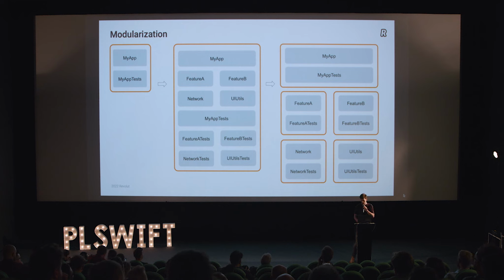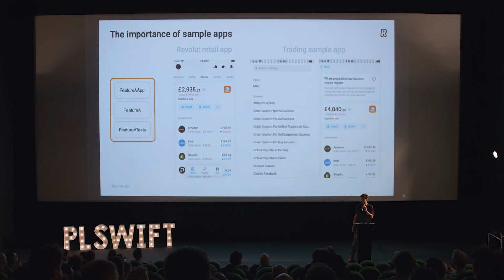And some of you may say, okay, cool, we modularize, we have all these Xcode projects, but if I introduce a screen on one of the feature modules, how do I check this screen? How do I look into it? Because the application is not anymore in my Xcode project, it's in another Xcode project. So one of the key points of this idea is that you have to introduce sample apps.